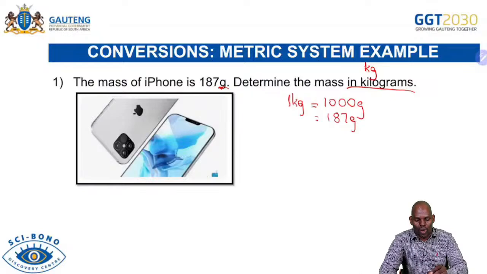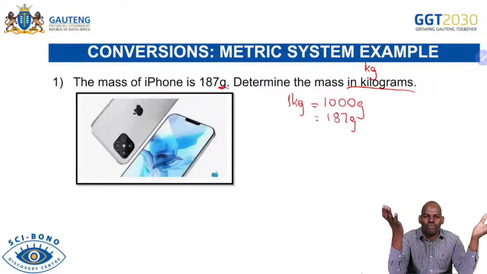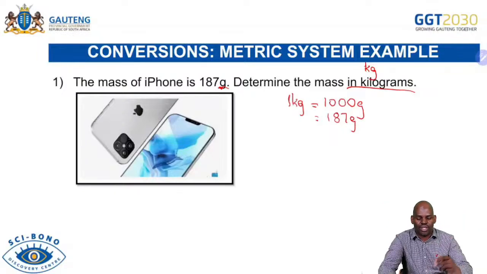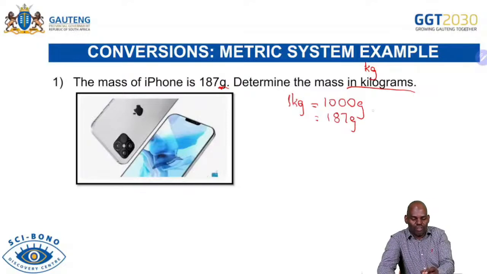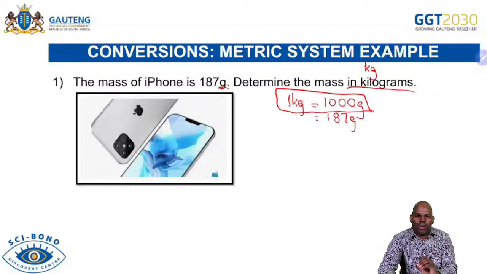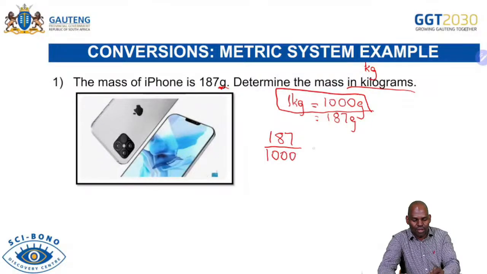So we need to know what this amount is in kilograms. Whatever method you used at school, we can still use cross multiplication here. Or some of you will know that once you have a conversion factor like this, converting from kilogram to gram means multiplying by 1000, but converting from gram to kilogram means dividing by 1000. So in this case, we simply take 187 and divide it by 1000,